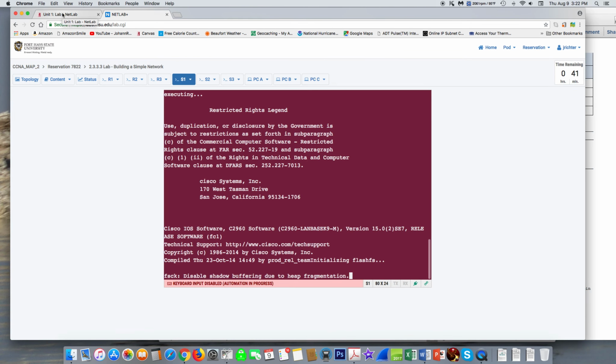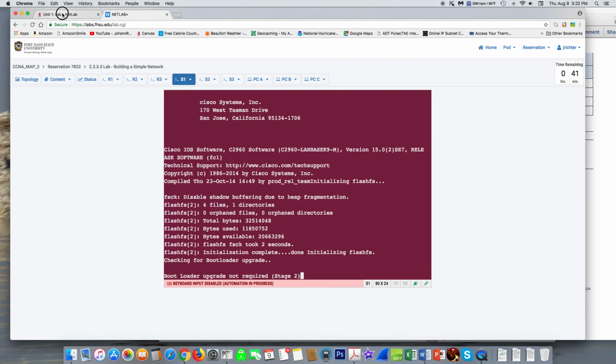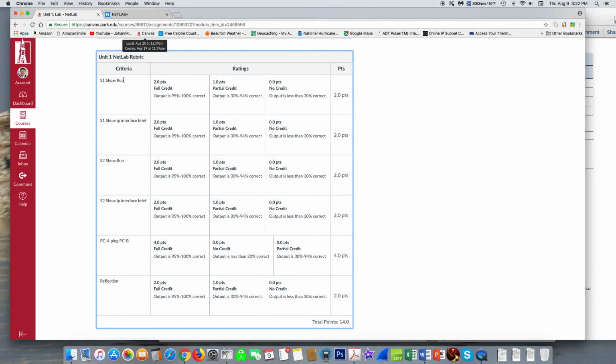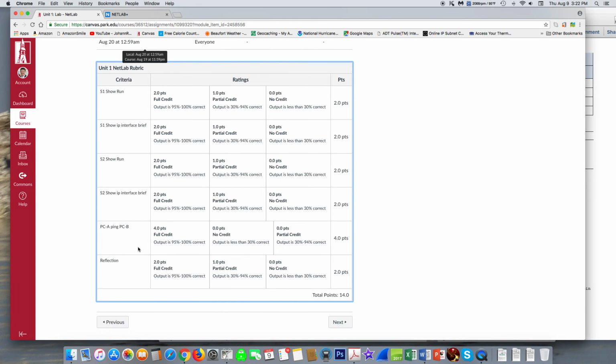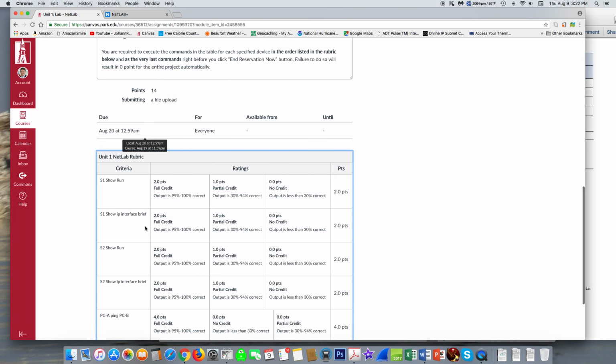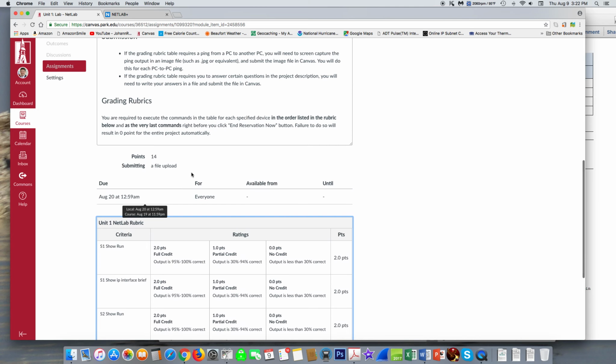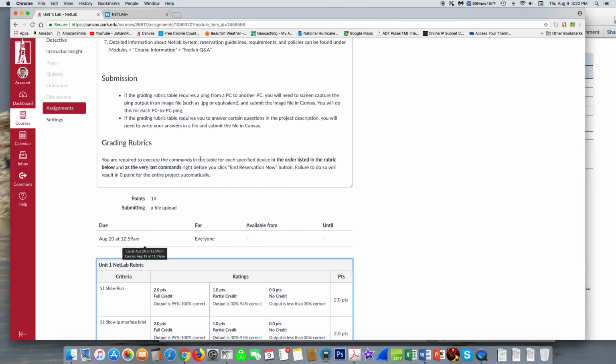Okay, when you are done, make sure that you've done all of these, because you get points for these right here. Make sure that for anything that is done from a PC, which could be a ping from a PC to another PC, or in later labs, a Telnet or SSH connection from a PC to a router,